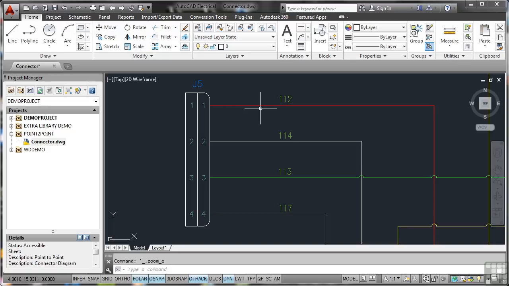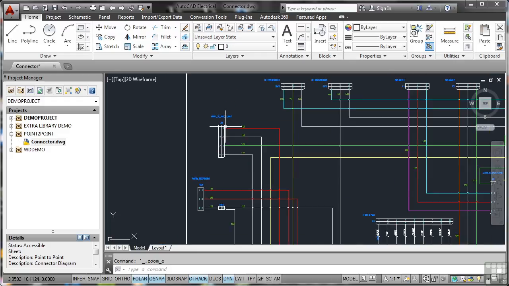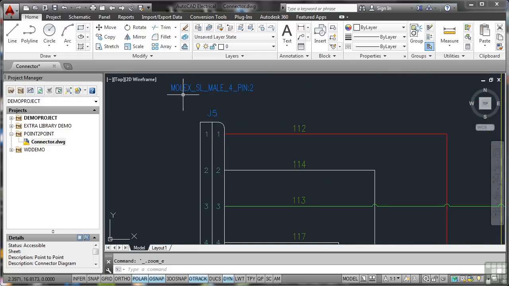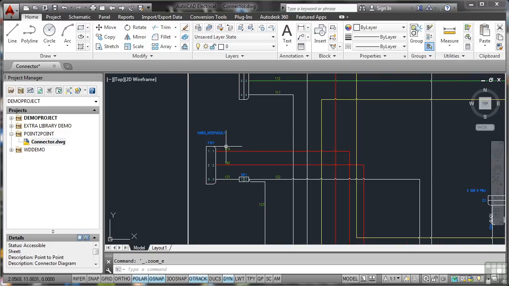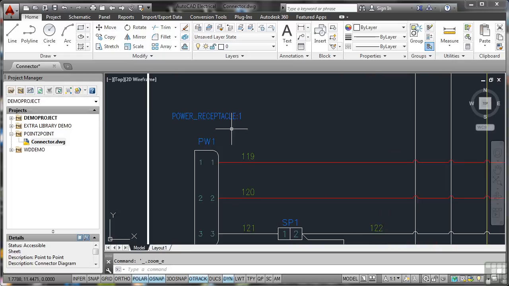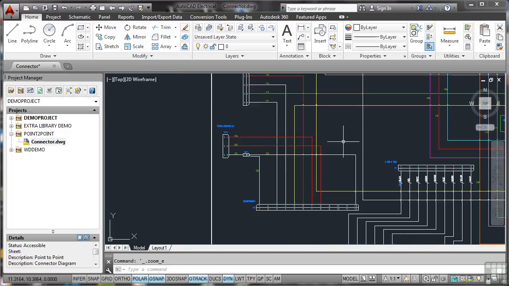So you can see that 112 is coming off of terminal 1, 114 is coming off of terminal 2, and so on. And each of these blocks obviously will have a name as well, and a brand normally. So the Molex is the brand there, and it tells you all of the information required, so there's the power receptacle and so on. So all of this information is very easy, but what's really nice again, you'll notice,